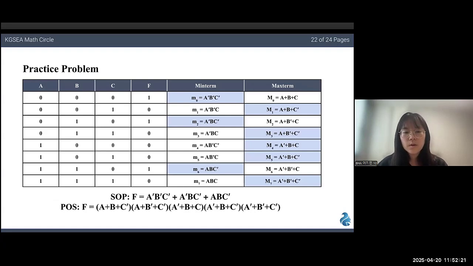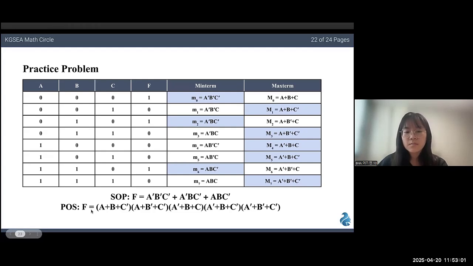Okay, to convert this into SOP and POS form, we'd first deduce the minterms and maxterms for each row. So this is the same as what we did before in the example problems. And by doing so, and by only using the minterm values for F equals 1 and maxterm values for F equals 0, we can deduce the SOP equation as F equals complement of A times complement of B times complement of C plus complement of A times B times complement of C plus A times B times complement of C. And the POS form can also be derived similarly as F equals A plus B times not C